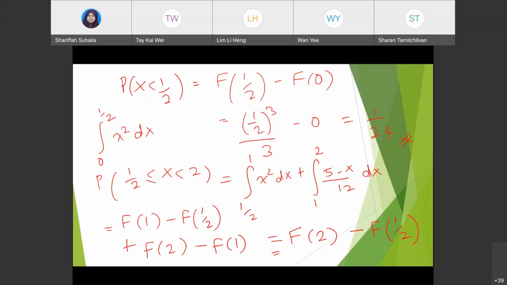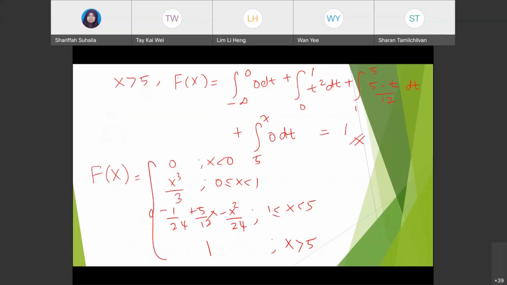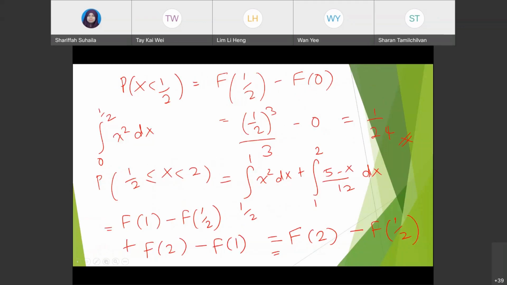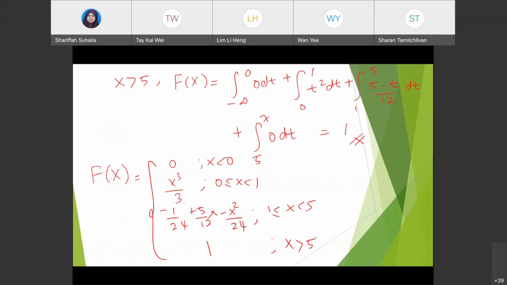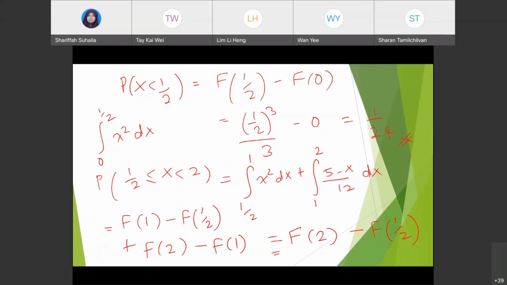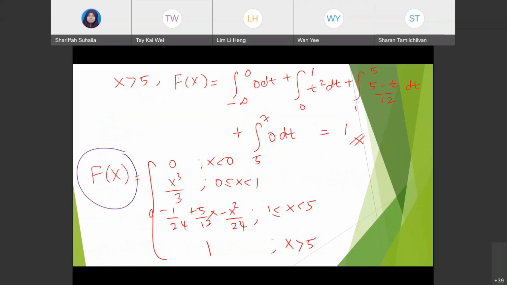Betul Syuhada. So F2 tu you masukkan. So maksudnya bukan sini. Guna yang ni. Jangan tersilap pula. Okay, so ini guna yang ni capital F ni. Guna ni. Okay, sebab yang small f kamu tu x square, 5 minus x over 12. Okay, kalau kita nak gantikan terus without integrate, capital F2, kamu masukkan dekat ni. Maksudnya kat sini F2 ni. Okay, so F half masukkan kat sini. Tapi kalau kamu nak integrate your PDF,